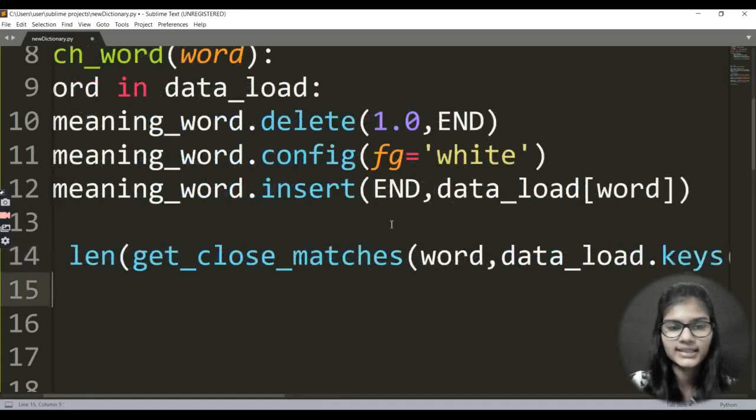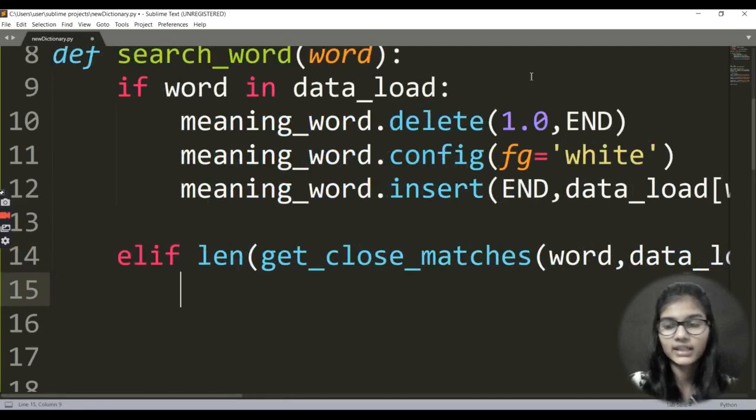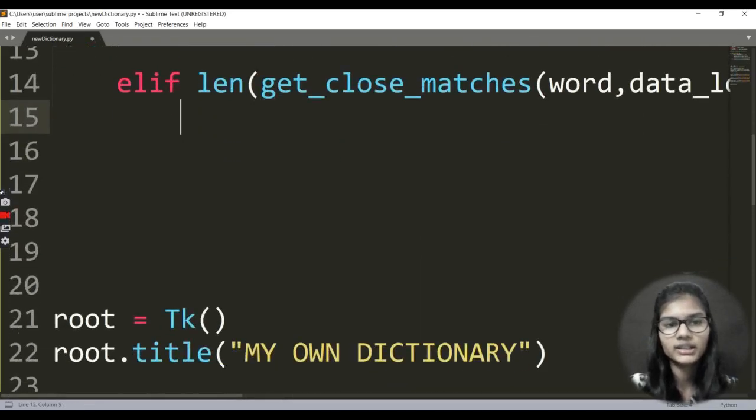Now you all know what keys and values are, right? That we have already discussed when we discussed the dictionary. So keys and values are the two things which come in the dictionary. The key is that part which is present at the left hand side of the colon, and the value is the part which is present at the right hand side of the colon. So let's say you have a word, and the word is present at the left hand side, and the meaning for that word is present on the right hand side. So that left hand side is your key.